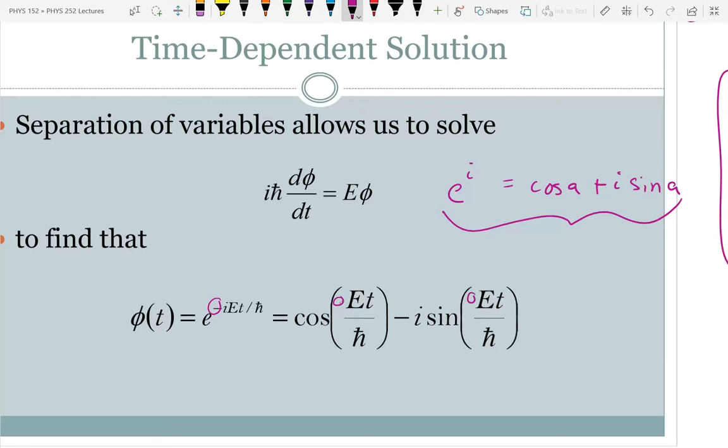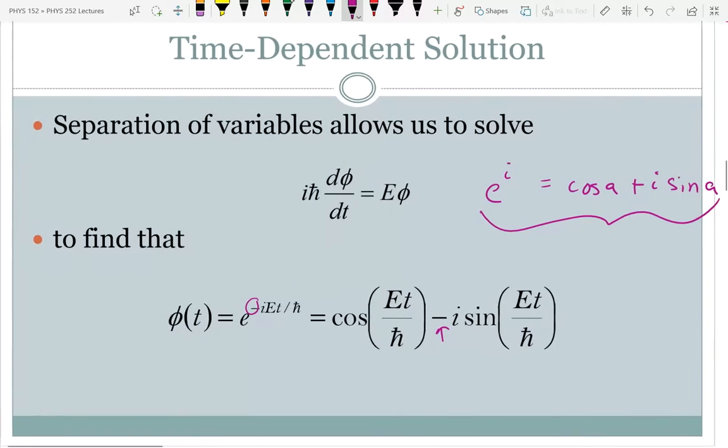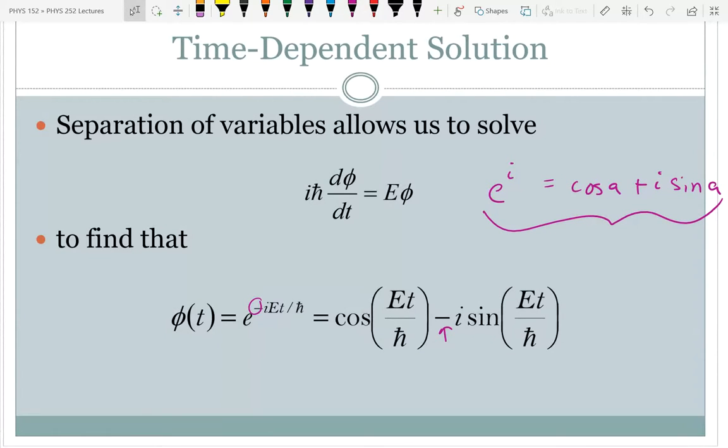Because cosine of minus a is equal to cosine of plus a. And sine of minus a is equal to minus sine of plus a. And so those signs were brought out front to give you the minus sign here. So there's our time-dependent solution that, like I said, we almost always ignore it because we know it, we have it,